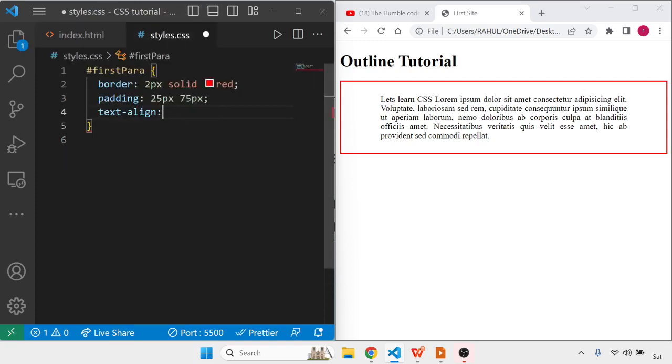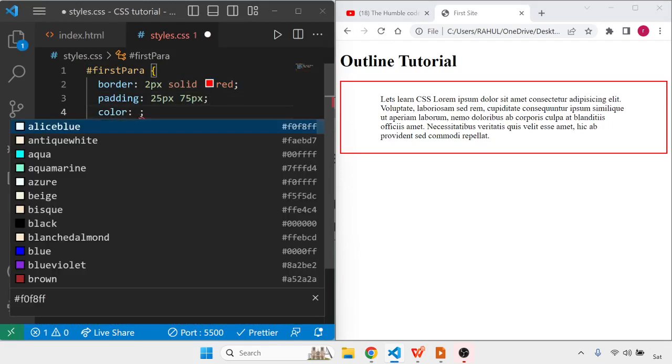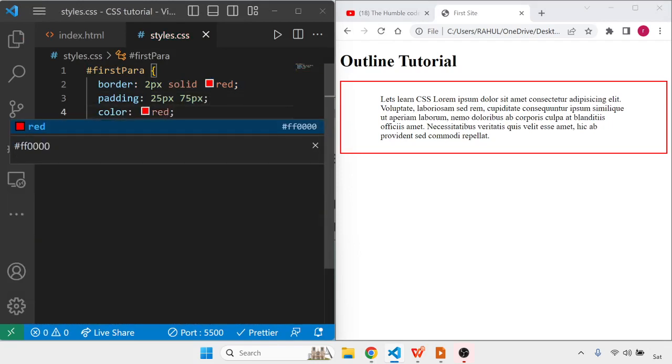Let me remove all the unneeded properties. Right now we are having a border on this paragraph and a padding on this. I'm going to save it and refresh it. Let's first of all apply the color property. Let's change the color of the text to red.